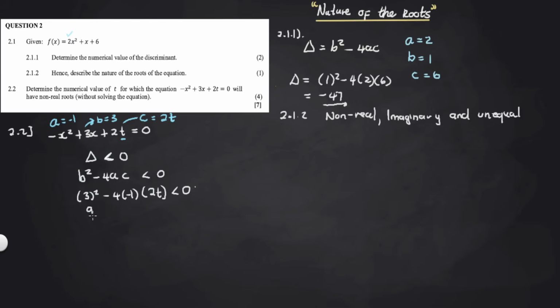Then we simplify: it's 9, then a plus, since a negative times a negative is a positive, 4 times 1 times 2, that's 8t, less than 0. Then we have 8t less than negative 9, since we transpose the 9. Then we divide both sides by 8, and t should be less than negative 9 over 8. So for any t value that is less than negative 9 over 8, the equation will